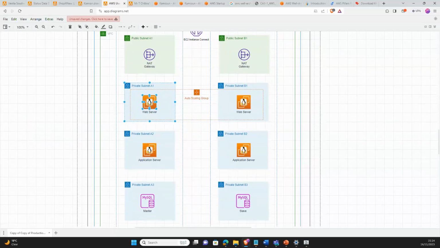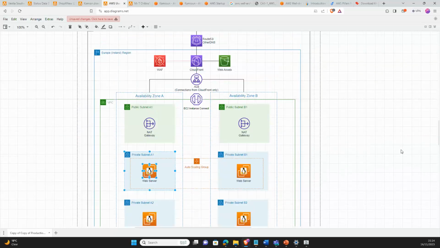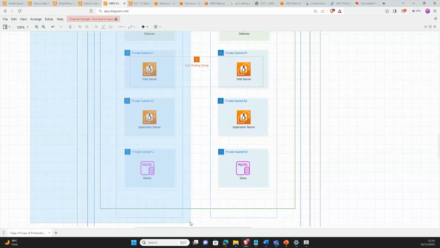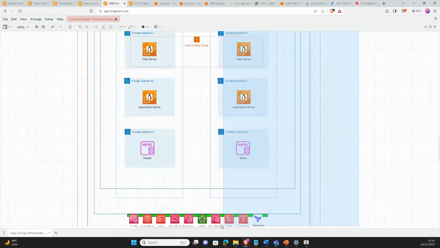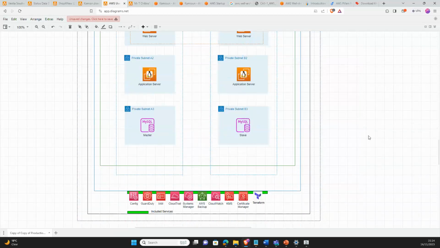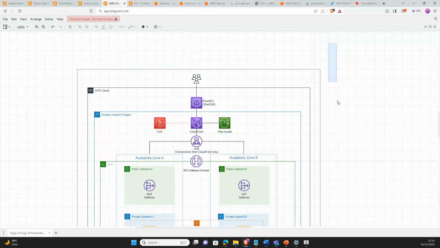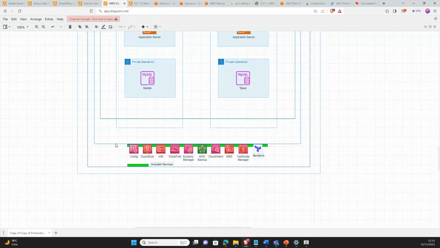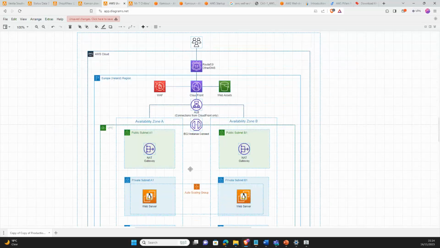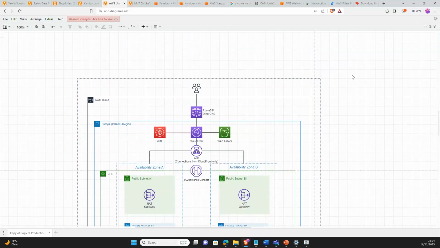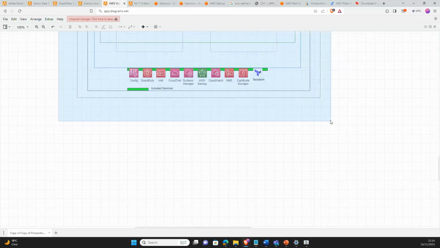Then in terms of reliability, one is that we have two availability zones. So when this zone is down, we can still have access to the other zone. But also, I believe we can use a disaster recovery solution to have the same infrastructure deployed in another region, so that if this region is down, Route 53 will automatically fail over to the other region. So to illustrate that, let's just duplicate this environment and see that in place.